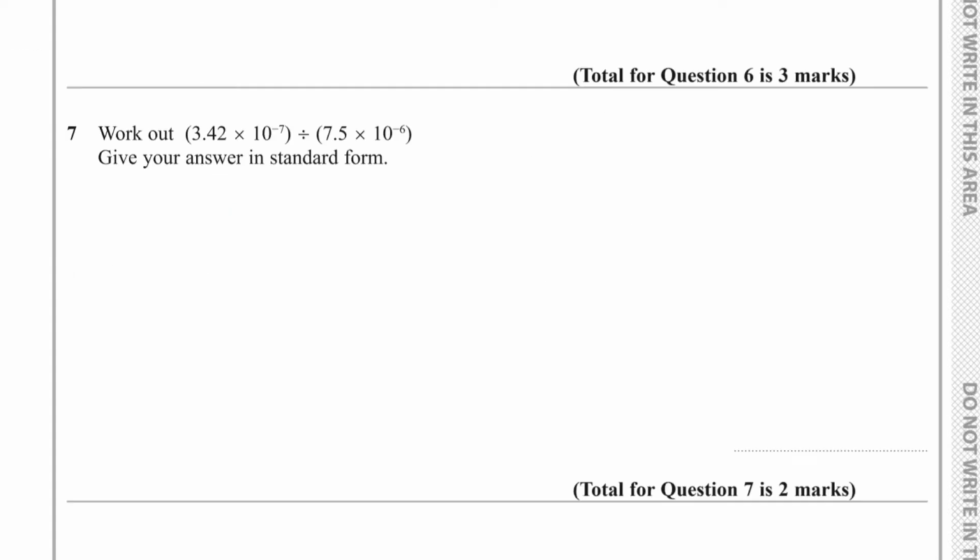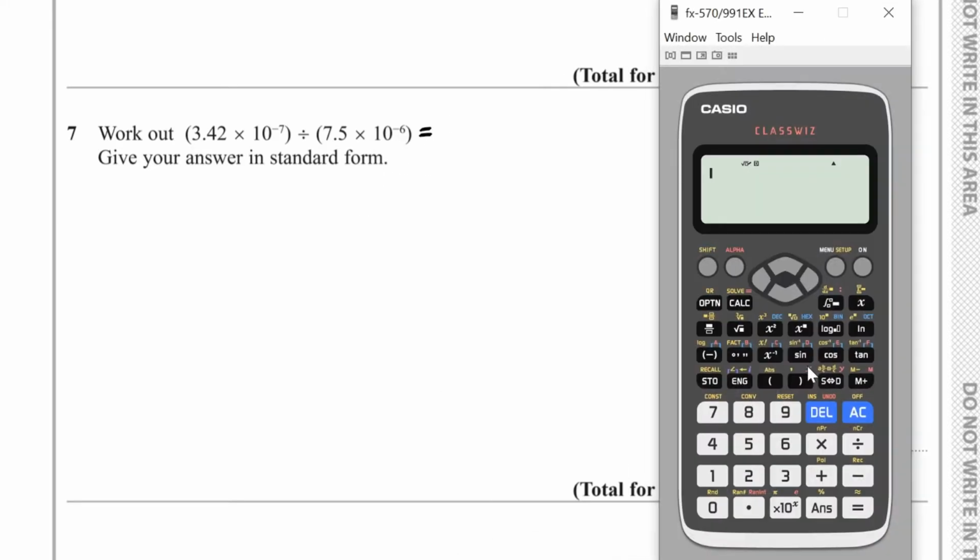Question number 7, we have to work out 3.42 times 10 to the minus 7 divided by 7.5 times 10 to the minus 6, giving our answer in standard form. So if we work this out in our calculator, we've got 3.42 times 10 to the minus 7 divided by 7.5 times 10 to the minus 6. It turns out we get